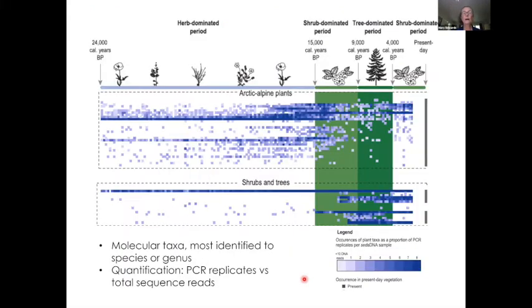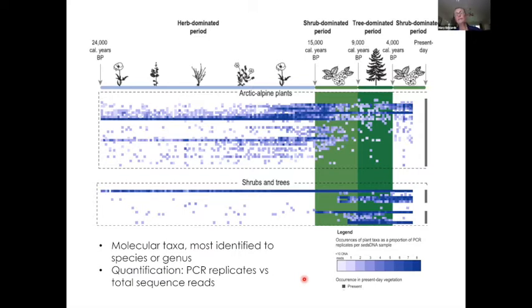And this is a highly stylized summary where each block represents the presence of a particular taxon, usually a species or genus, going from 24,000 years ago to almost the present, with a focus on the Arctic alpine plants. And the intensity of the color is the number of times in 8 repeats that particular molecular taxon shows up in the analysis. So each analysis was repeated 8 times. And what we can see is